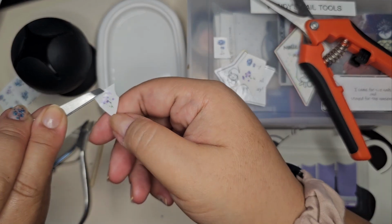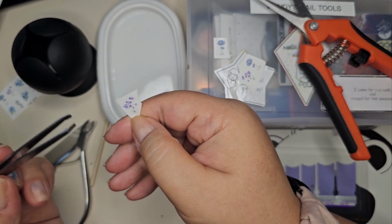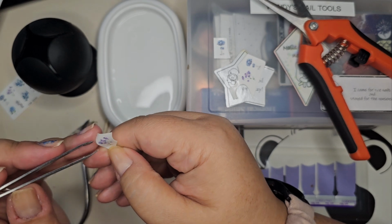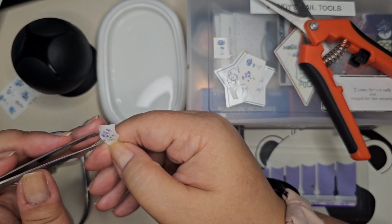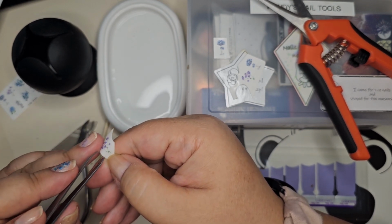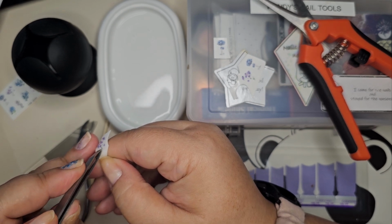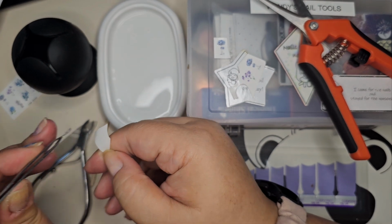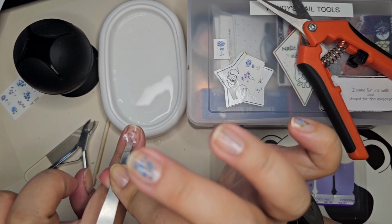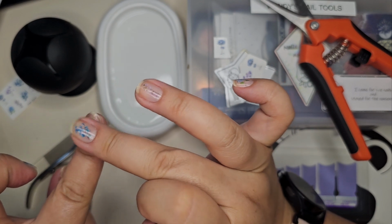But yeah, I can't wait to use that polish again later on, especially trying the pinks that were used on the girls. I didn't use the pinks yesterday because I didn't have really a lot of time to perfect applying the polish. And usually with colors that are very vibrant like that, I like to take my time to apply versus using a neutral polish. I can do it super quick and just lay it down and be done with it, which is why I used that neutral magnetic polish